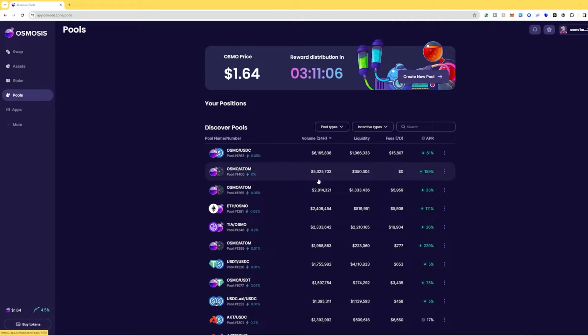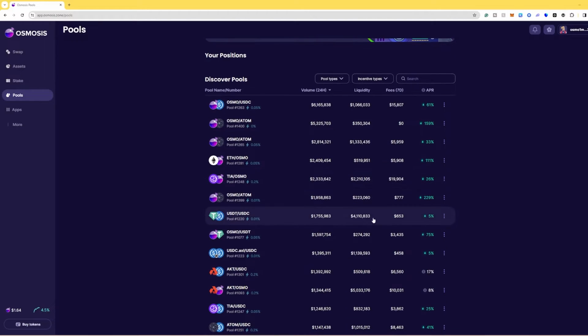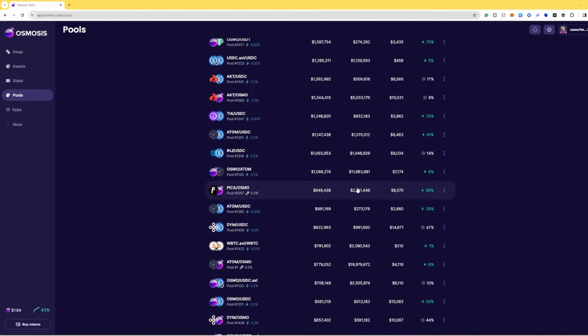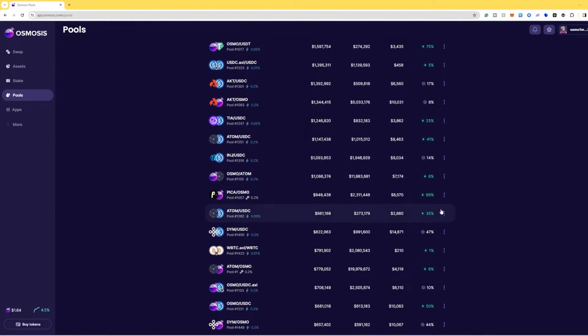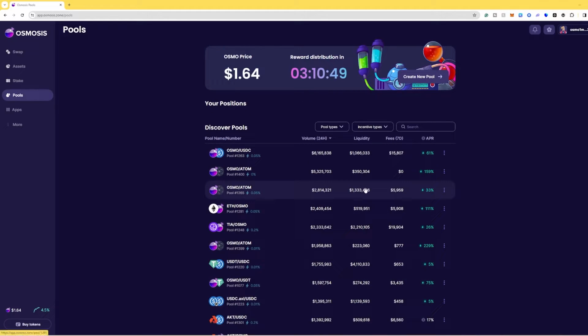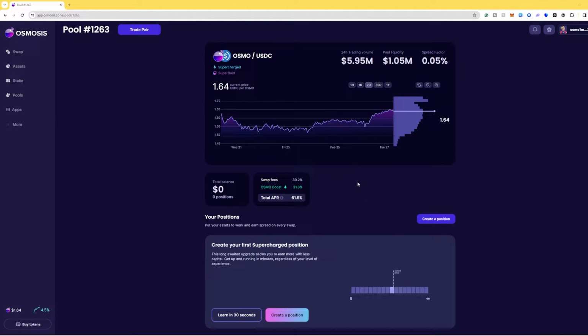So people who really care about the protocols can come in here, and depending on what the pairing is, they can earn 50, 100, 200% APR, and they're fine with incurring the impermanent loss during times where things are moving sideways because they don't have to worry about it as much. So again, if you're someone that's looking at getting plugged into DeFi more, this is something that a lot of people like to do, and you can just go over here and go ahead and create a position and join in,